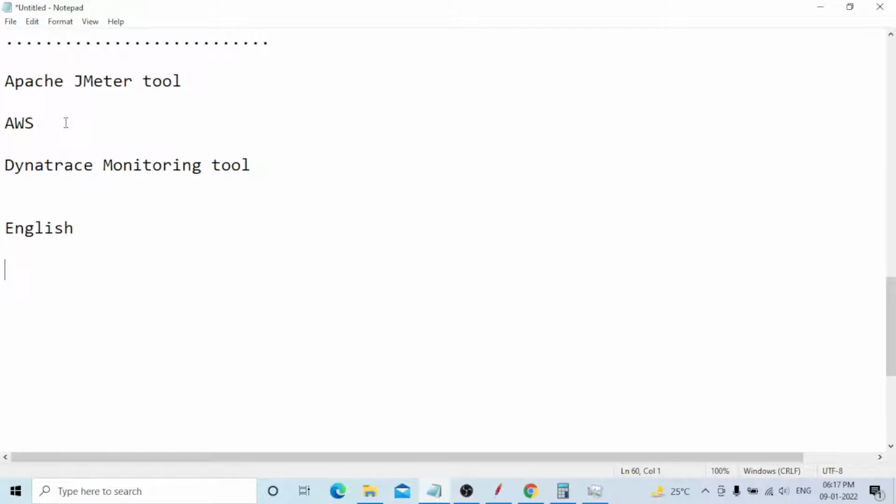Okay, there are also projects and jobs available, but once you enter a company, which project will be given and what type of tools will be used, no one can explain to you. Whichever tool is given, you need to learn it and do it. That's all, that is the current trend in software companies.